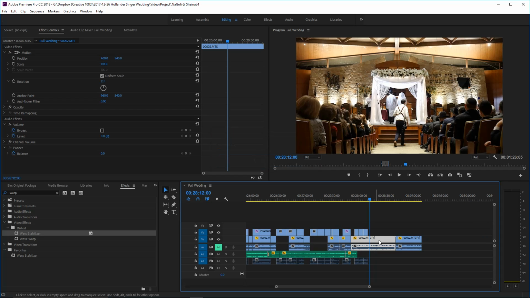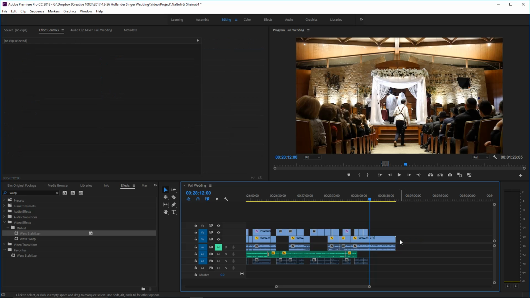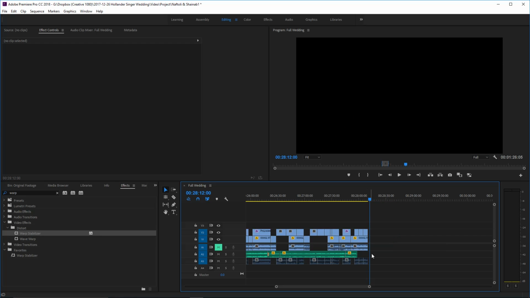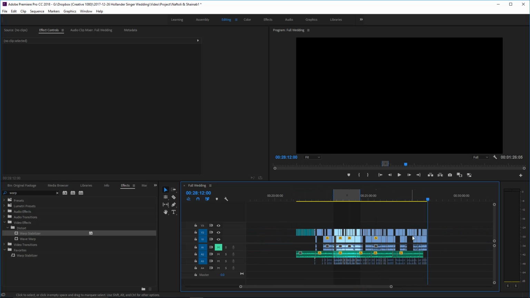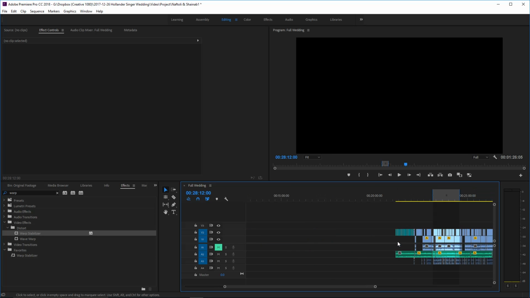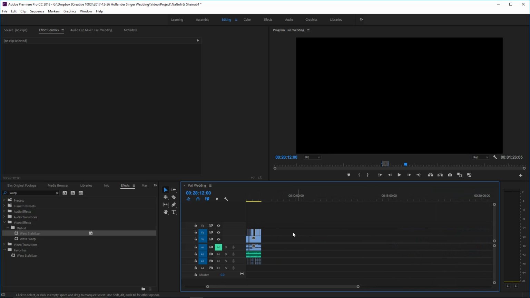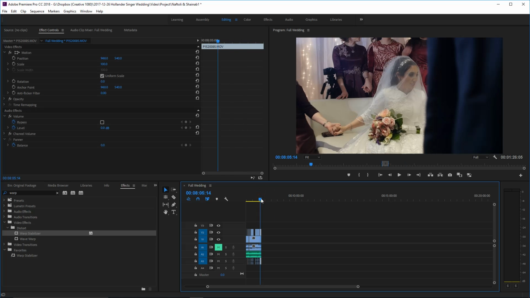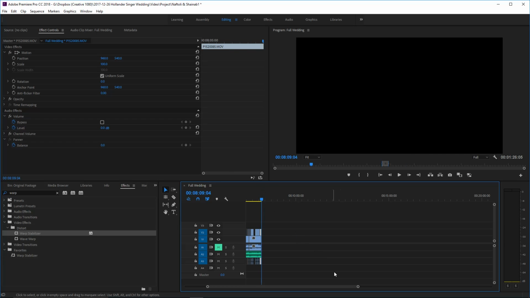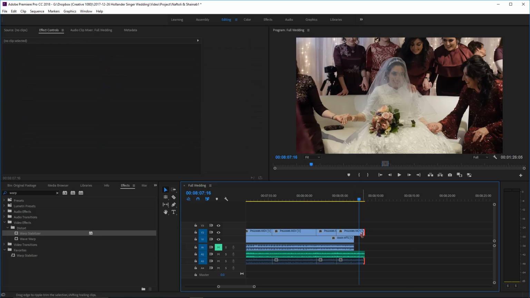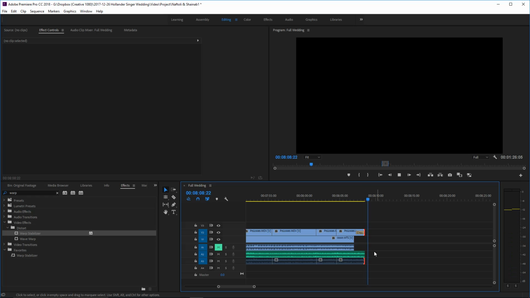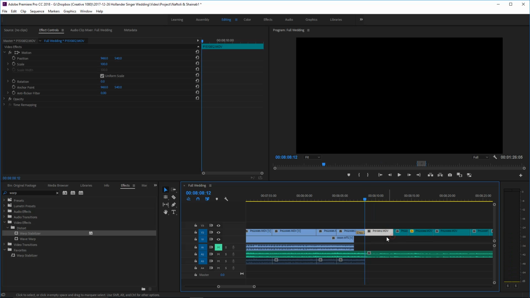Okay, so this music is ending back here. Now we get into the whole next part of the ceremony. So let's trim that down to here. This is our beginning and everyone walking down. It's not attached to the rest of the wedding yet, which is okay. We could actually go ahead and attach it now.